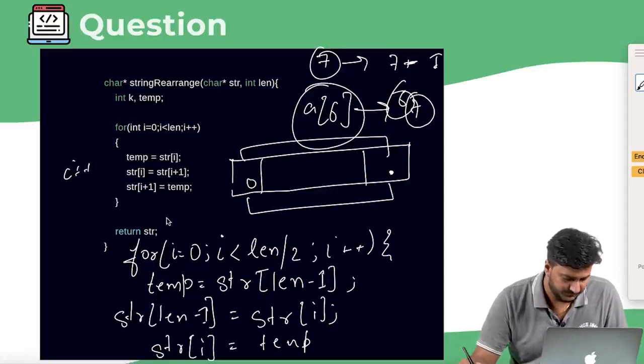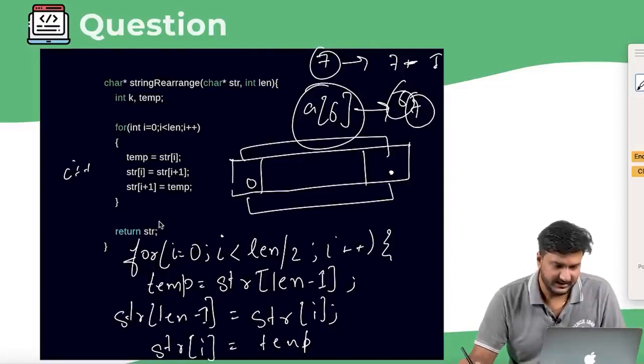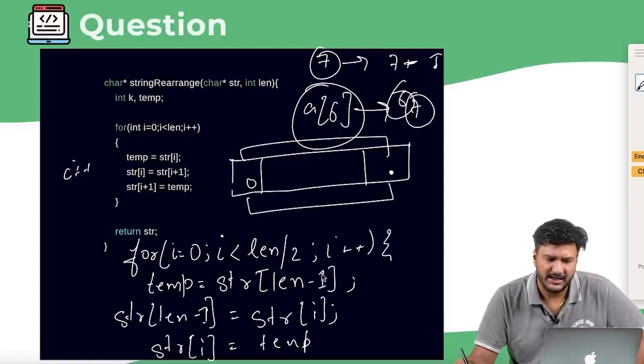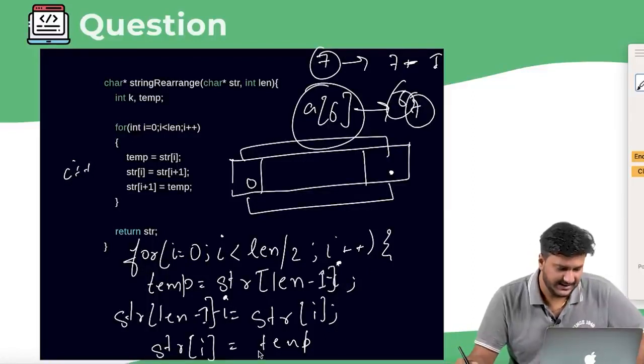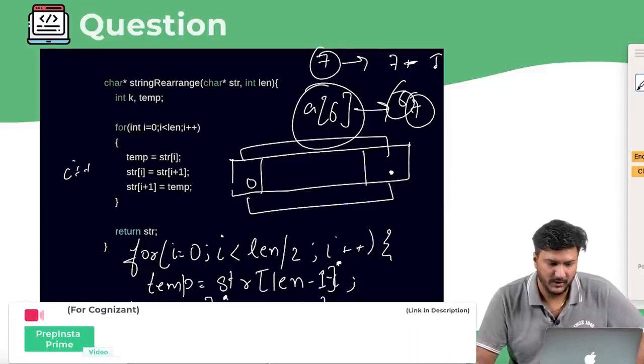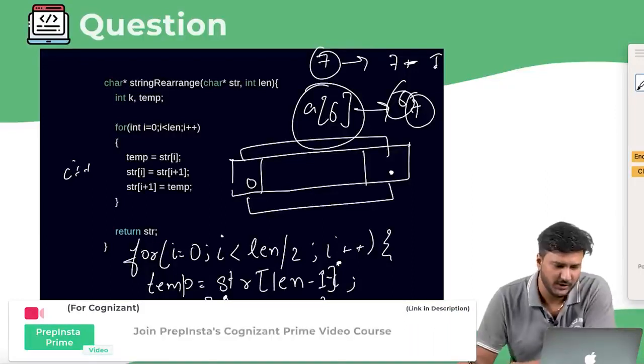So in this particular case, I made a mistake here. I would be writing len minus 1 minus i here, right? So again, minus i here. That's exactly what you would be doing. Or in fact, there's one more way you can do it.